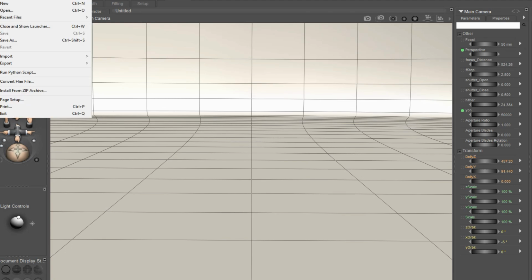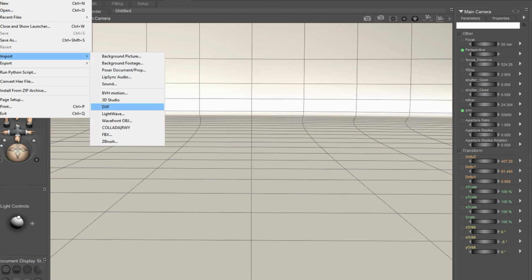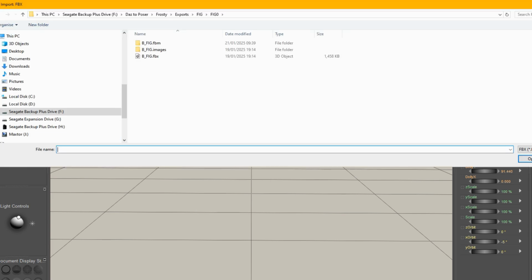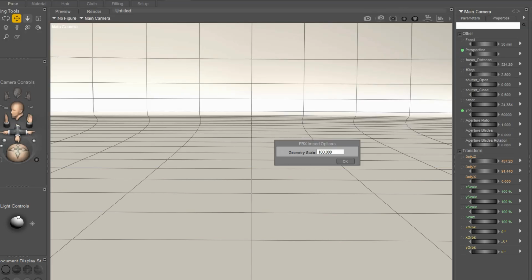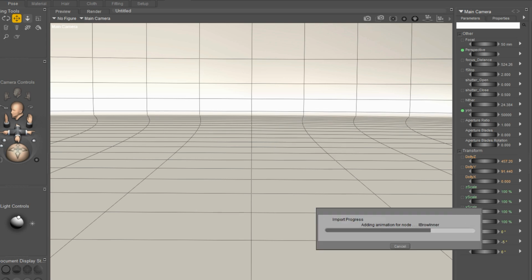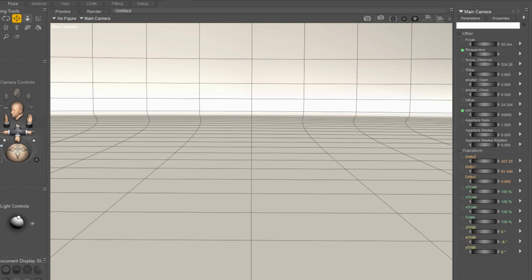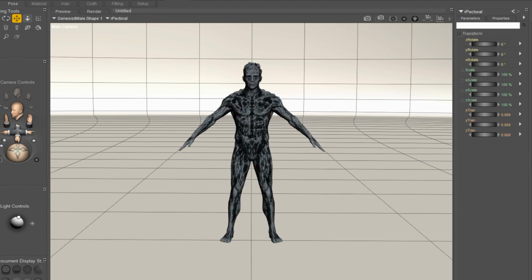Hello, so I've called this a not tutorial because tutorials are given by people who know what they're talking about, and I seldom ever know what I'm talking about or what I'm doing. So I'm just making something that is not a tutorial but is showing how to do something in my usual clumsy sort of way. So here's where I've imported a Genesis 8 character